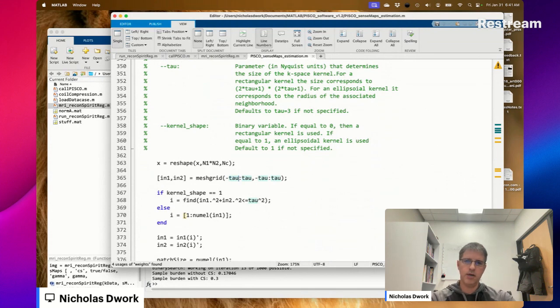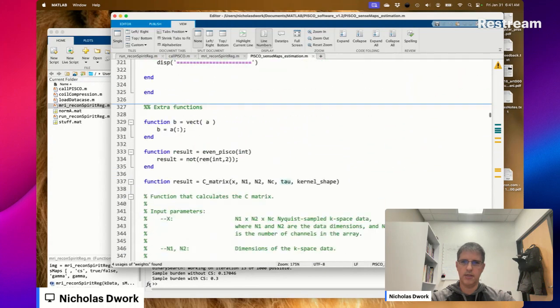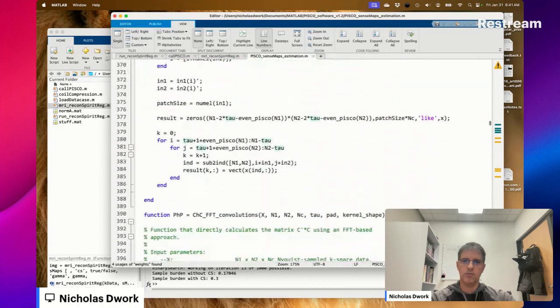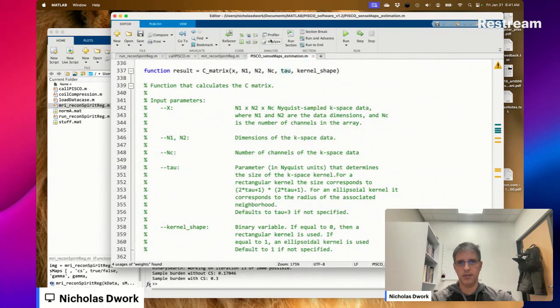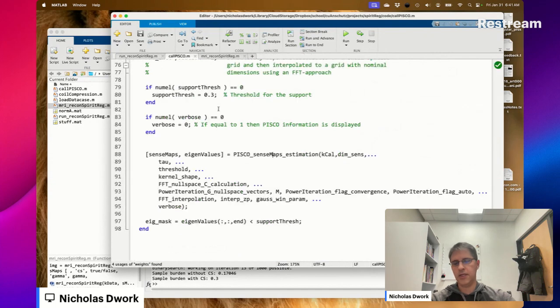If you could have done tau 1, tau 2 here. That's at least one place. So he's assuming it's a square. By he, I mean the guy that wrote Pisco, who's Rodrigo Lobos.